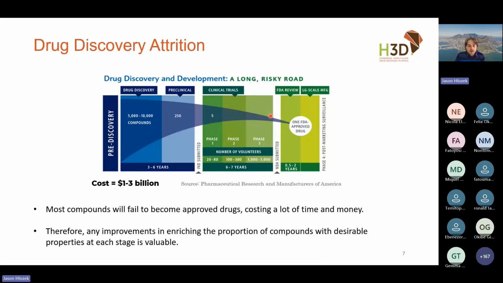And after all of this effort as an industry as a whole, when you start with thousands of compounds, even for every 10 compounds that make it into clinical trials, you only land up with one approved drug. So it really is a long, expensive process. And we're very worried about this concept called attrition, which is where you're losing compounds all through the pipeline because they're not going to make it as a medicine.